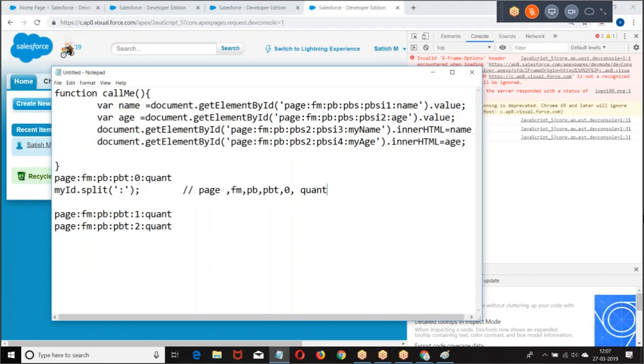Now we are splitting it. If we split it, the row number is at which position? 0, 1, 2, 3. Now at the fourth position we have the row number. So let us see this example.